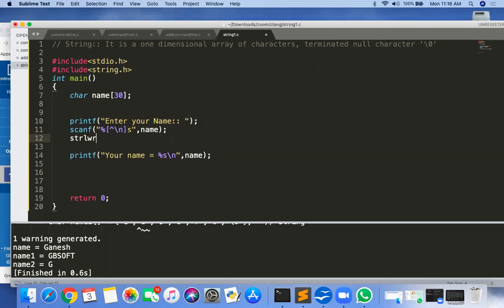Okay, so I will give you the remaining string functions as an assignment.